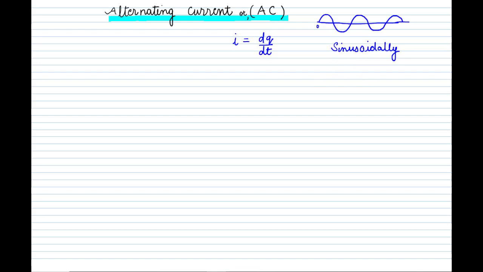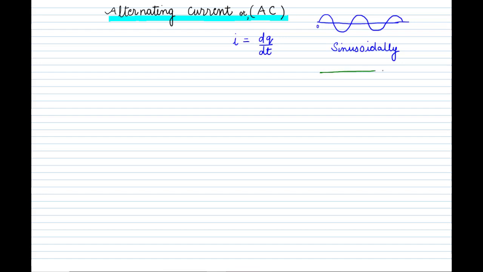So what is the basic difference between a sine wave and a cos wave? This one is a sine wave. If it is starting from 0, getting maximum, again getting 0, and again maximum negative, then we call it a sine wave. But whatever I am drawing with the green color is a cos wave.